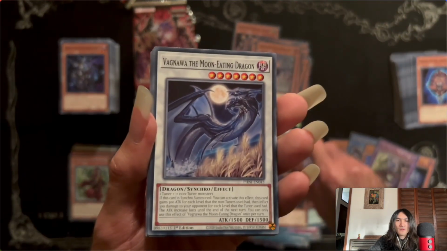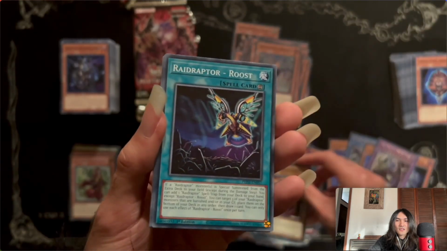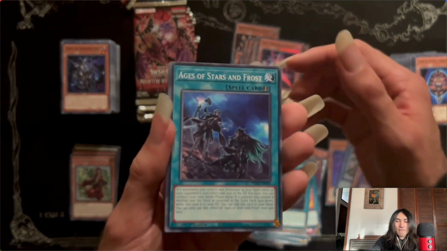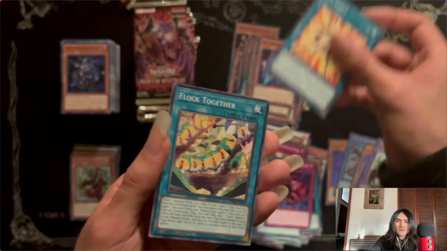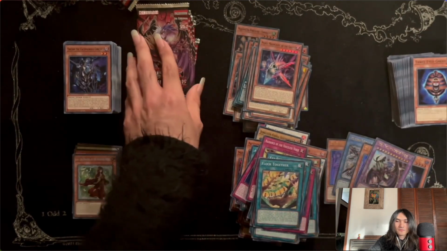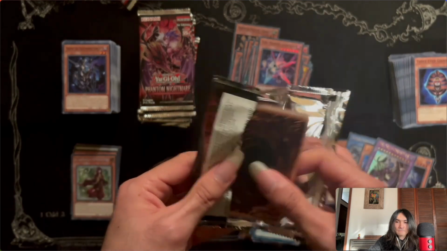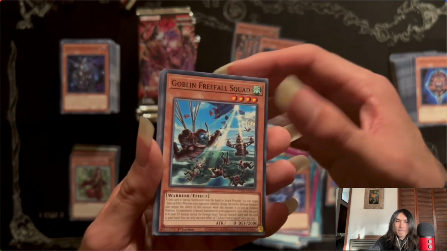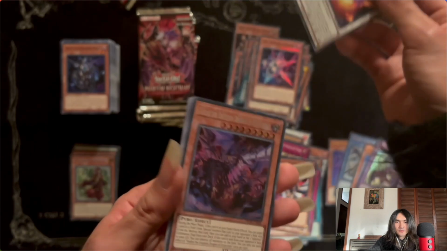Moko Moko, Vignawa the Moon Eating Dragon, Jungler Ghoul Illusionist, Raid Raptor Roost, Pisces Moonlight the Godi, Age of Star and Frost, Ashen for Eternity, Xyz Force, and Flock Together. Raid Raptor Noah Lenius, Goblin Free for Sword, Each treasure of Bigfoot,